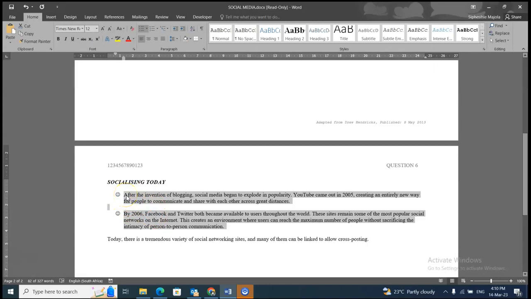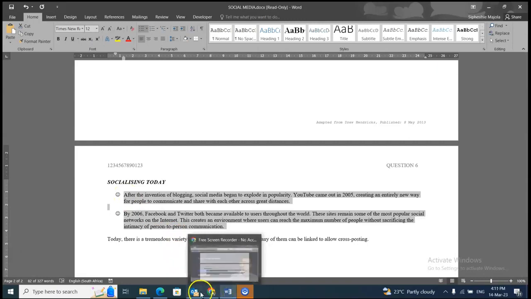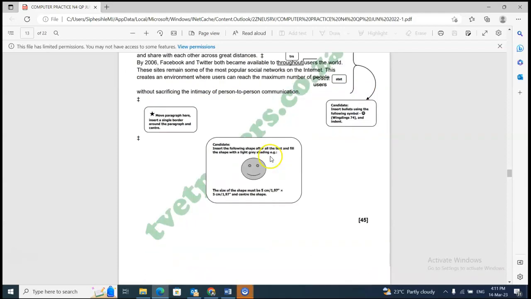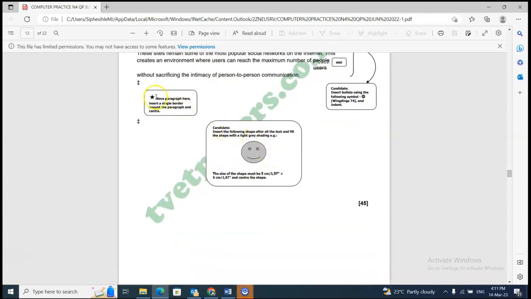Okay, easy peasy. It's not rocket science, I promise you. Give yourself time, you'll get a hang of it. And then I've done all of this. Part 3 seemingly is going to be shorter. And then now, where I've inserted this one, they want me to insert a single line border around the paragraph